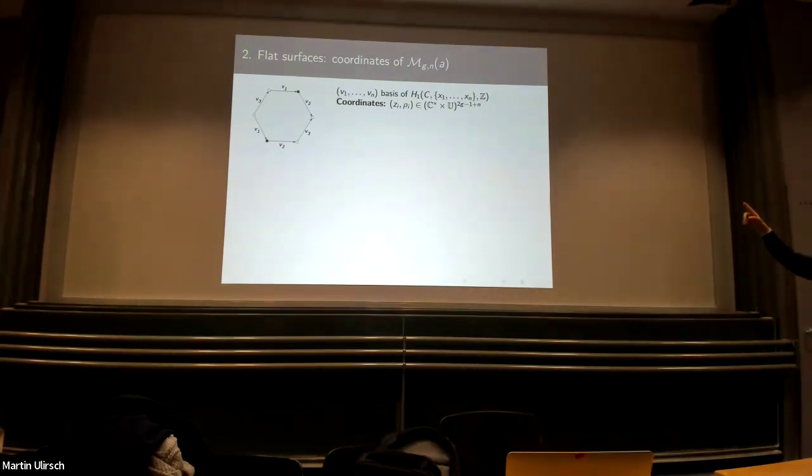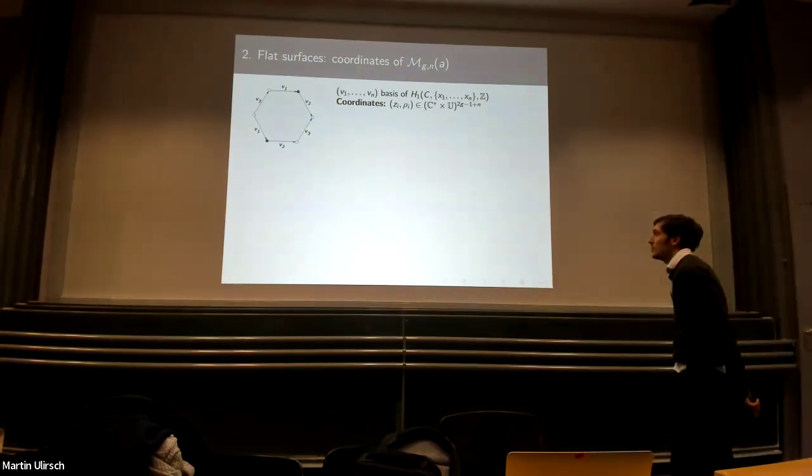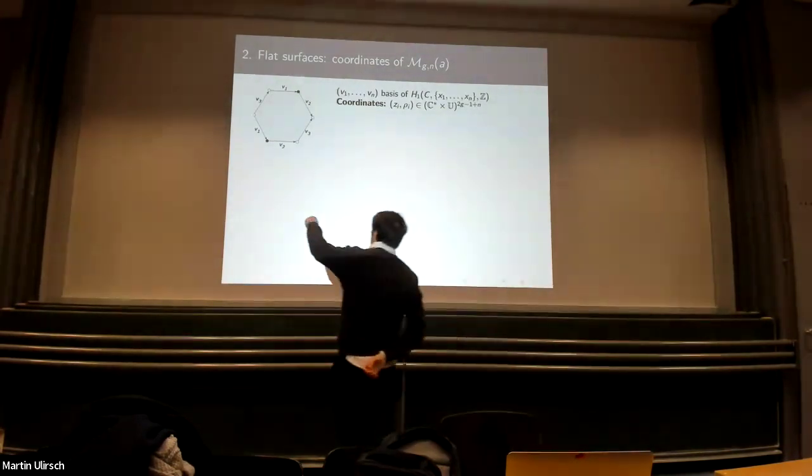And for B, U will stand for the set of complex numbers of modulus 1. Okay, so the unit circle. So the dimension of H1 of C relative to these points is of dimension 2g minus 1 plus n, and I'm associating to each vector a non-zero complex number, and let's say a point on the C. Okay, this complex number is, for instance,